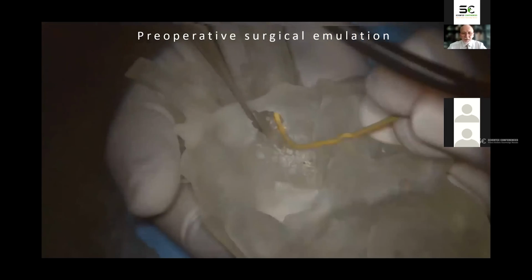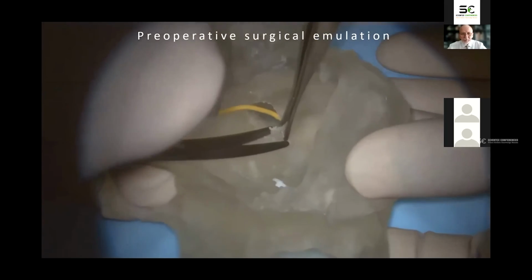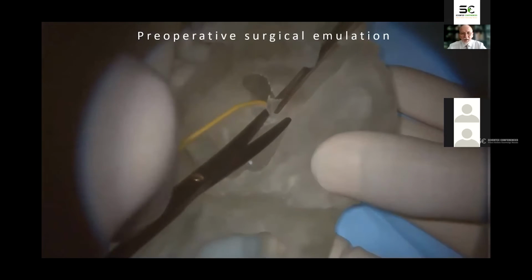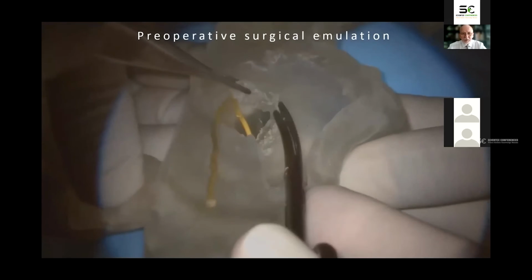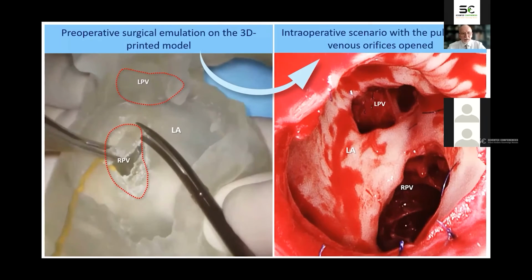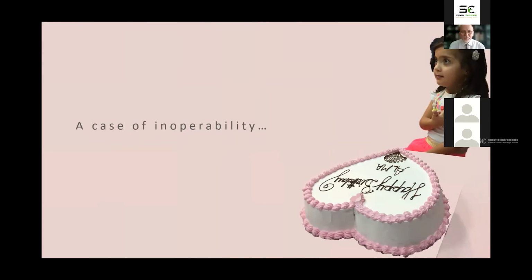Actually, these models are printed with physical characteristics of arteries that resemble heart tissue as well. So we could actually feel what tissues we are going to work on in the heart. And then you can see that compared to the preoperative assessment, this is the intraoperative picture, pretty much accurate. And in this case, the patient's life was luckily saved. Now, in another scenario, for this little girl who was deemed inoperable,